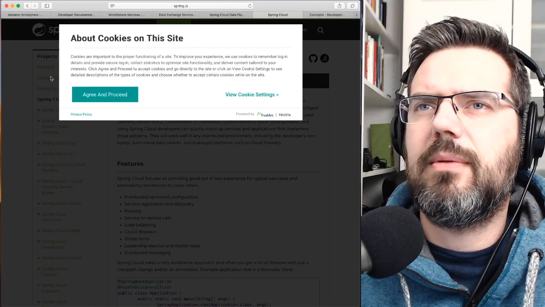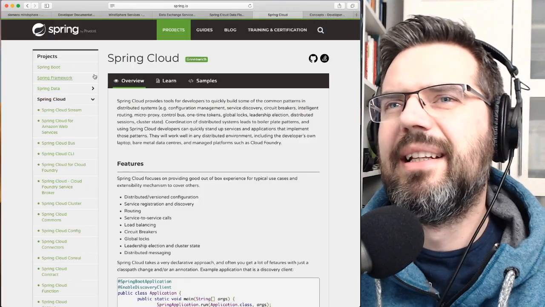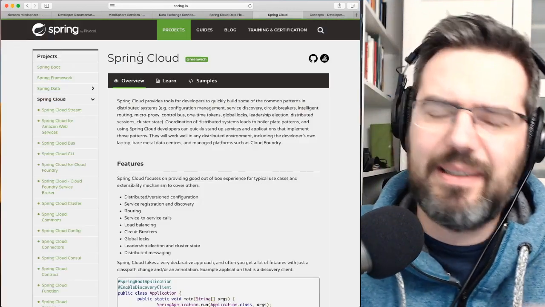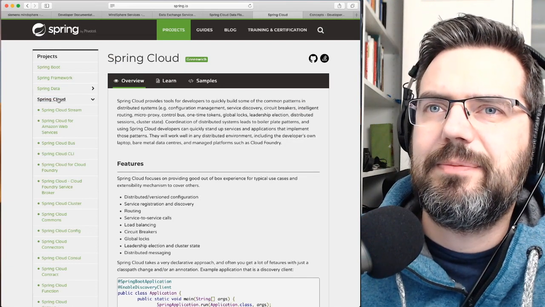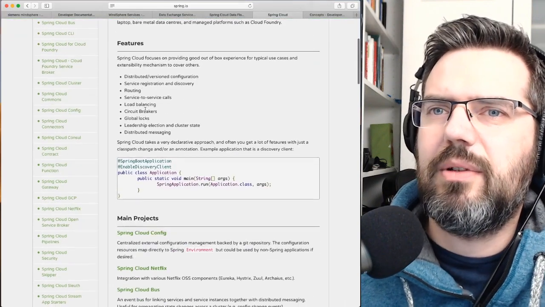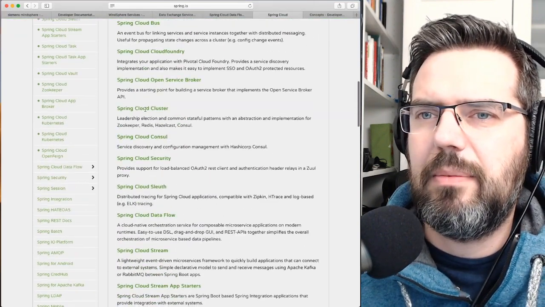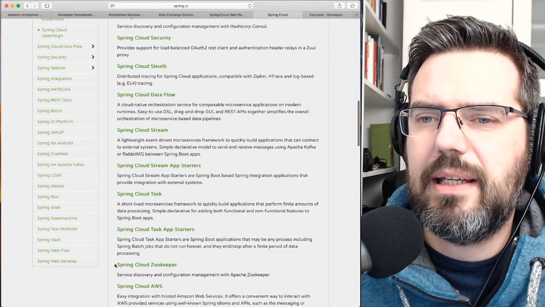Yeah, this is why I know this. Okay, this is from Pivotal. So this is how you can deploy applications in the cloud very easily.